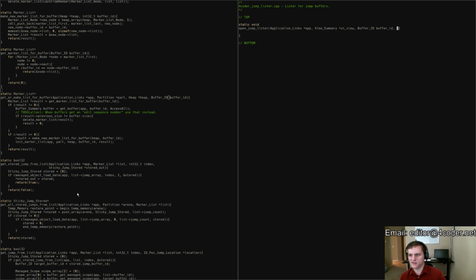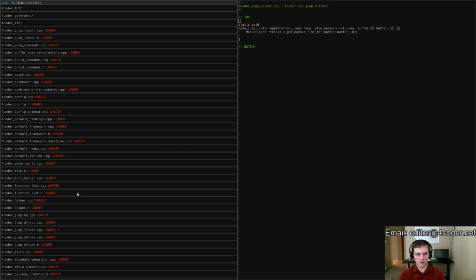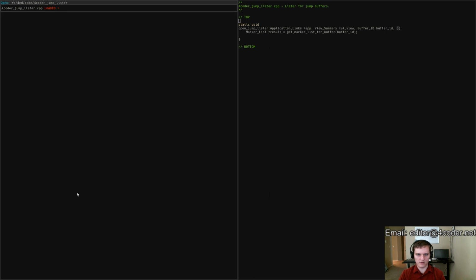So, anything else that I need here? The buffer ID brings in the list of jumps, because then I can do this. Go list for buffer. The UI view is where we will put the UI when we're ready to set it up. And then there's the settings. So there's going to be like, well, I'm going to need a 4coder jump lister.h